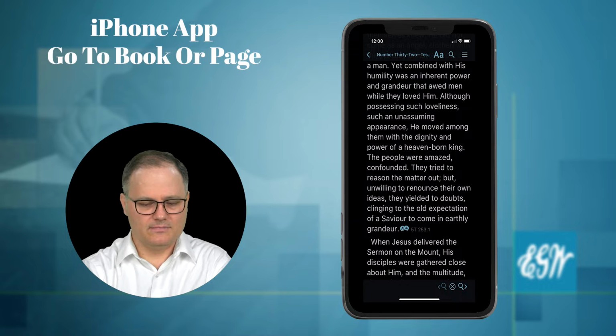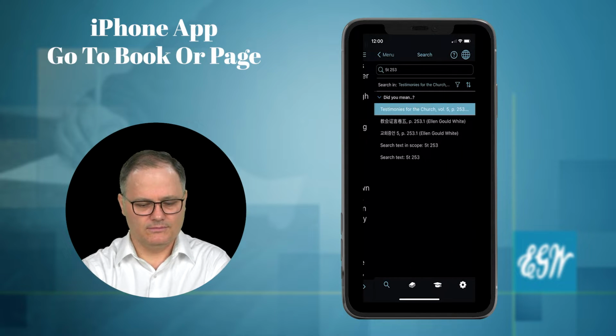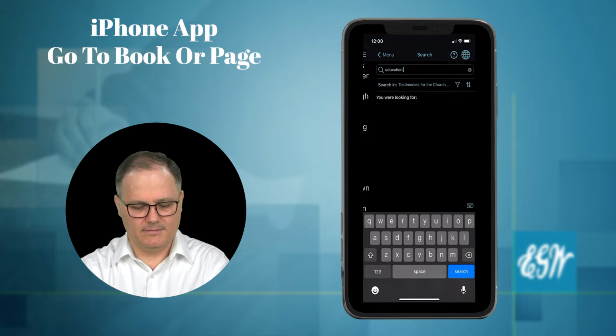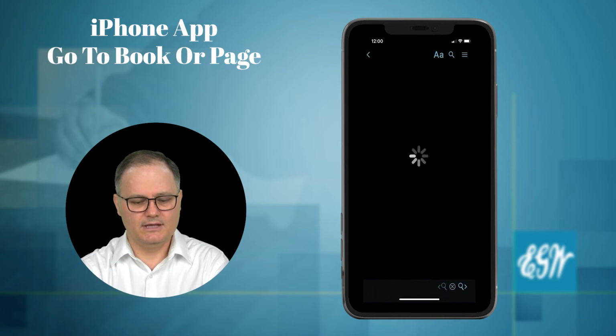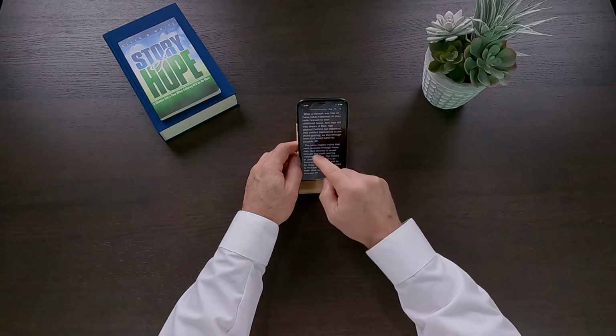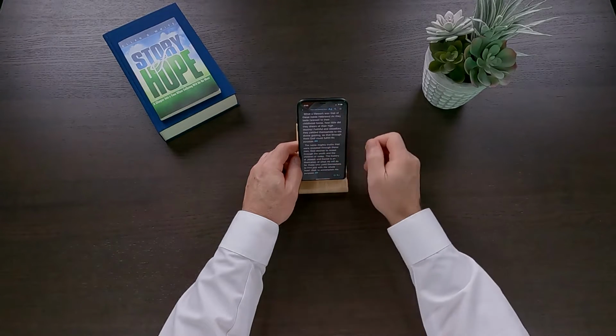Now, maybe you don't know the book code. That's not a problem. You can type in the book title as well. Say I want to go to Education, and I want to go to page 57 of Education. I type Education space 57, click search, and you notice it delivers me directly to Education, page 57,